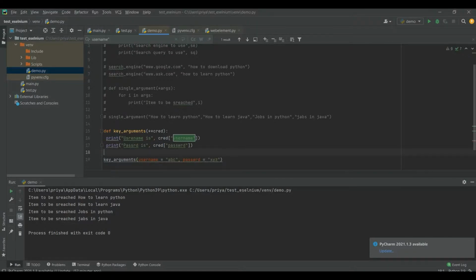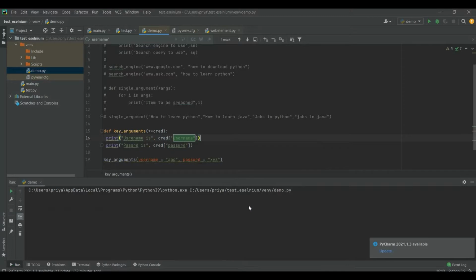Let's see if it runs. You can see username is ABC and password is XYZ.